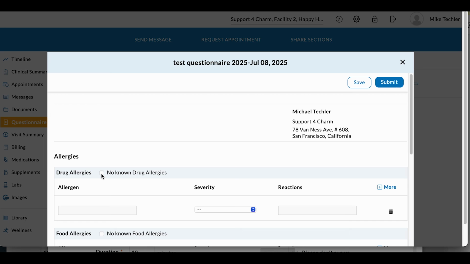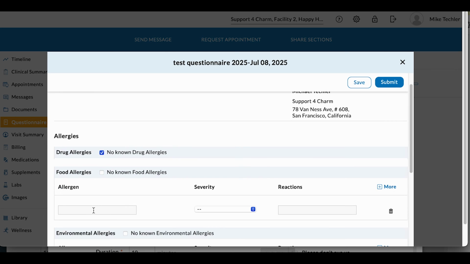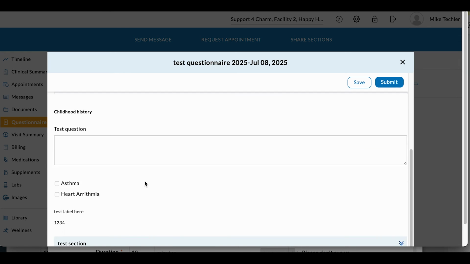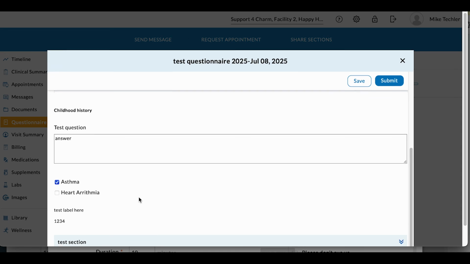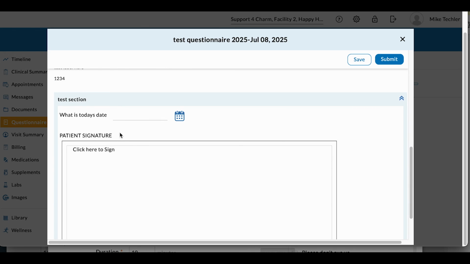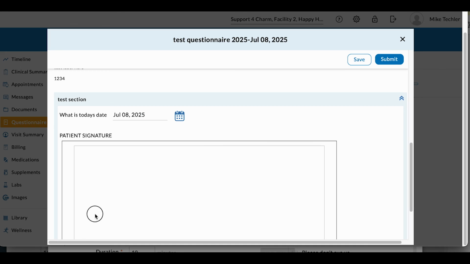We're going to mark that we have no known drug allergies. If you want to fill them out, you would just type them in here. No food allergies, no environmental allergies. We will put in an answer. We will select one of these options. We will show that this test section shows up, and now it asks for the date. Today is the 8th, and then